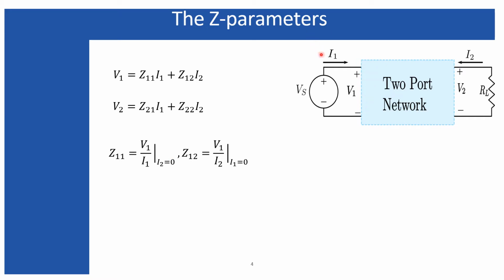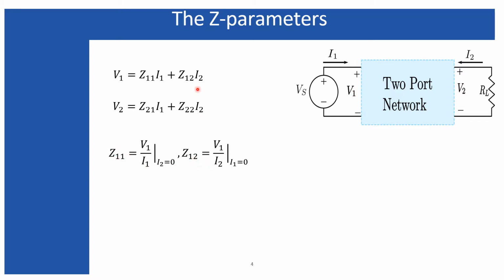It appears over here. If the input current flows through that element, and V1 is appearing across these two terminals, the input impedance generally appears across these two terminals. Already I have explained in my last lecture. So V1 by I1 represents its input impedance, and that is why it is in the form of an impedance. That is why it is called the Z parameter, because we generally represent impedance by the symbol Z, and 1 represents that it is associated with the input terminal or the first terminal. So that is why input impedance.